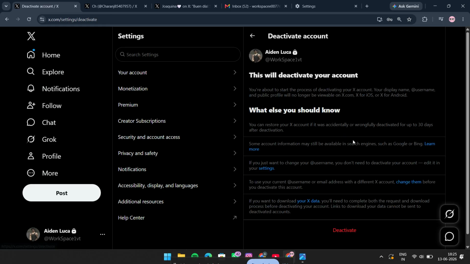But if more than 30 days have passed, logging in will not restore it because the account is already gone from the system. At that point, your best option is to create a new X account if you want to use the platform again. You may also want to check whether your old username is available, although that is not guaranteed. If you had important content, followers, or messages tied to that old account, unfortunately those are not recoverable once